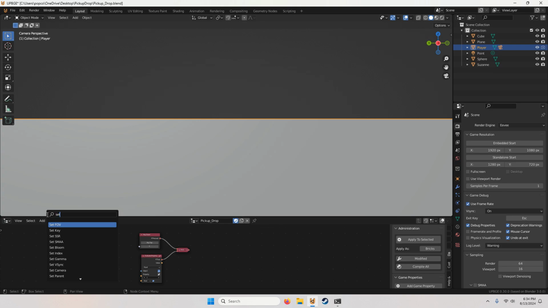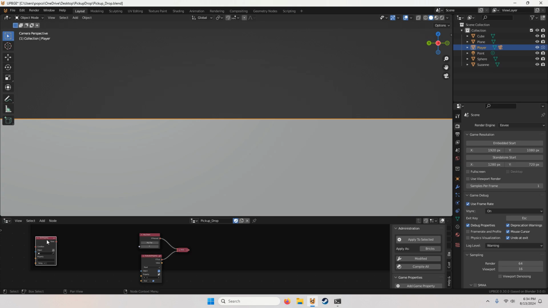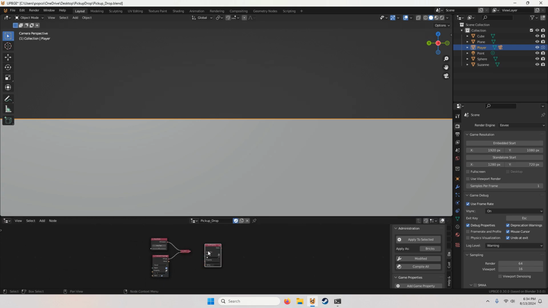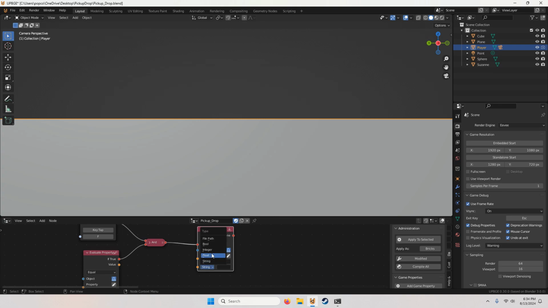And we'll need a set property. Have this checked as well, and change this to Boolean, and leave this unchecked.